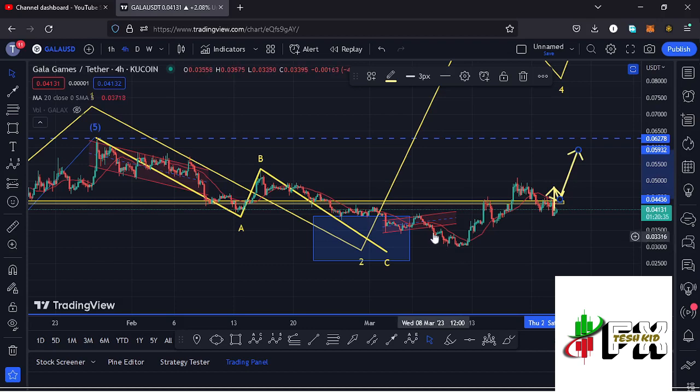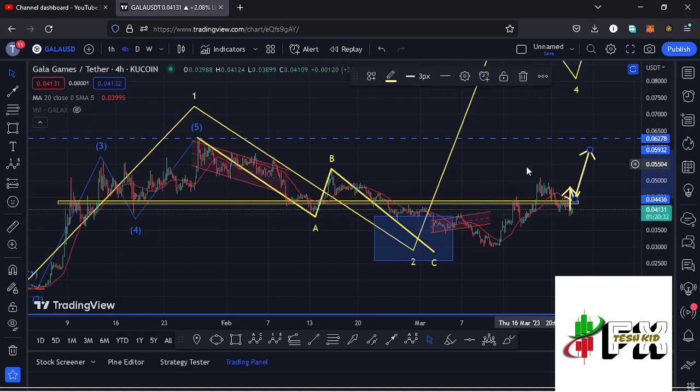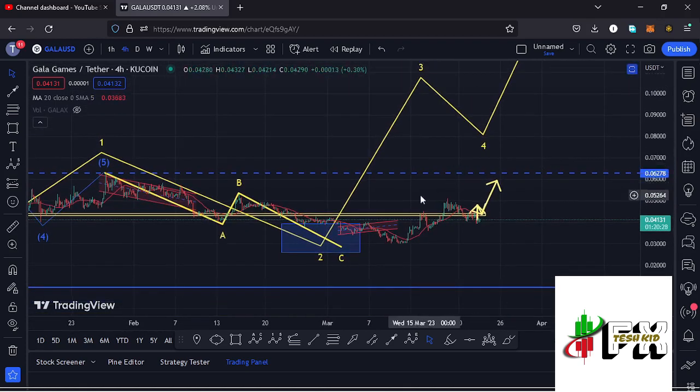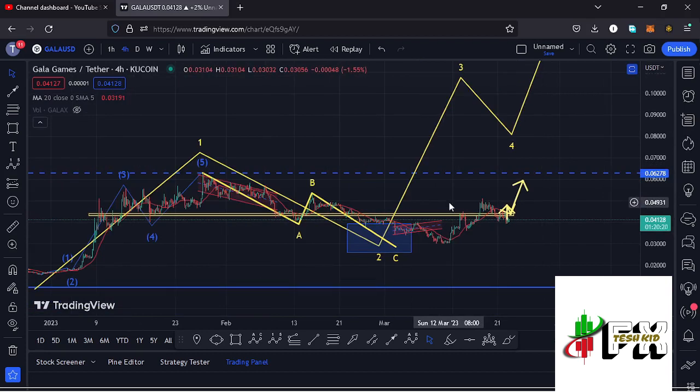And having managed to get into that minimum retracement area in the formation of that wave 2, I believe Gala Games has bottomed out in the formation of that wave 2, and whatever we are seeing at the moment is the start of an impulsive wave to the upside in the formation of this wave 3,